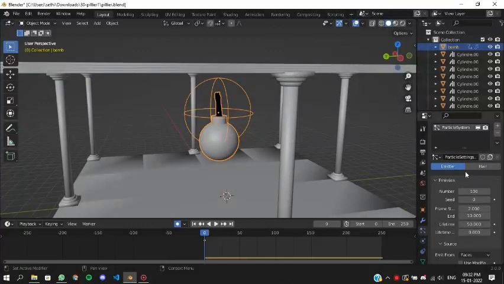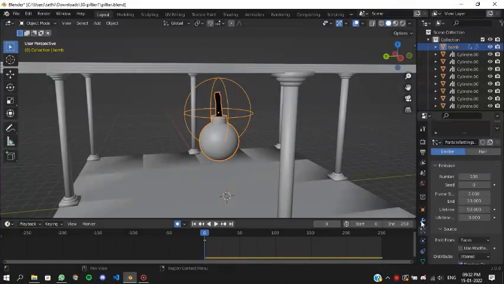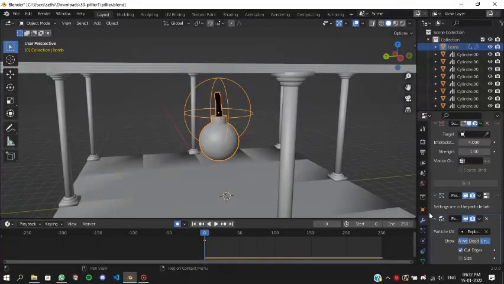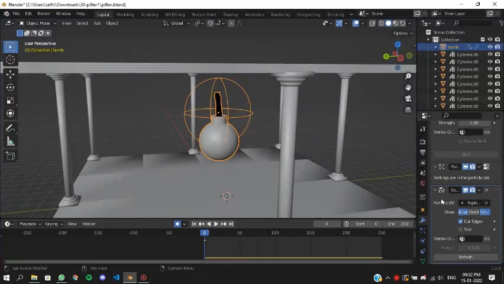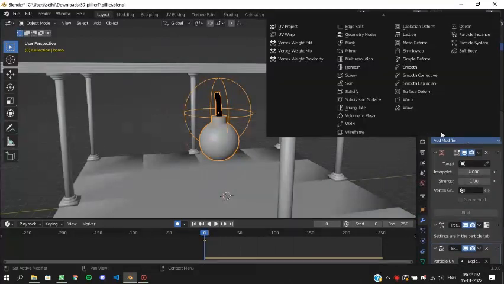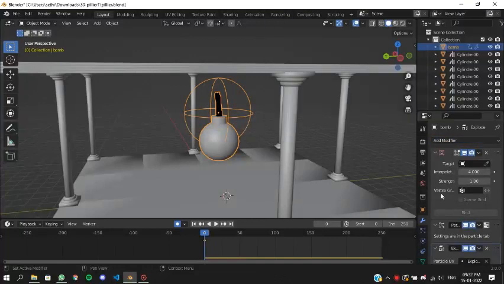It creates many small particles, and with the help of modifier properties you can select what type of property you want. For example, if you want to explode something, you can activate the explode option from the add modifier menu over here. You can also remesh everything, solidify, liquefy, anything which you want to do.